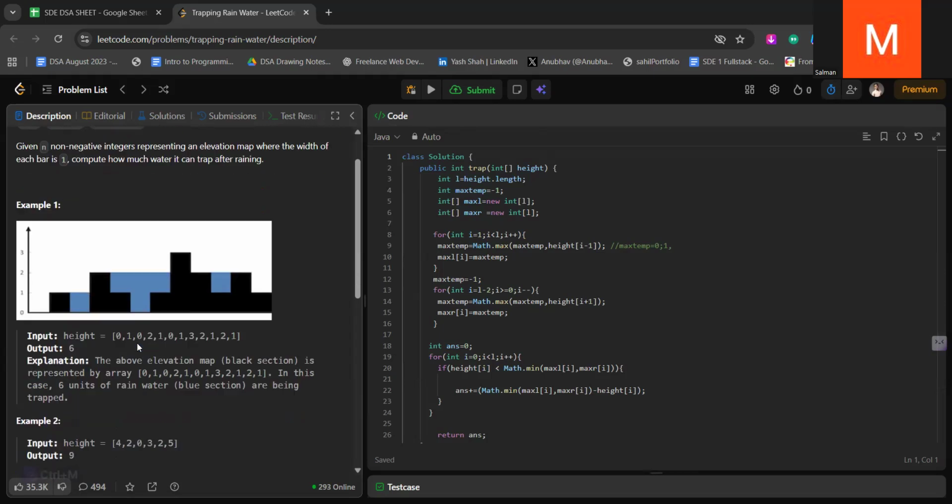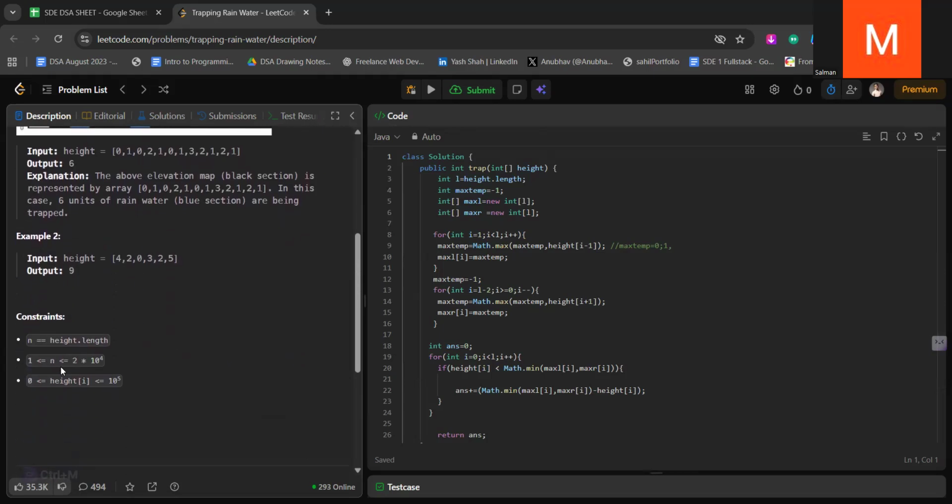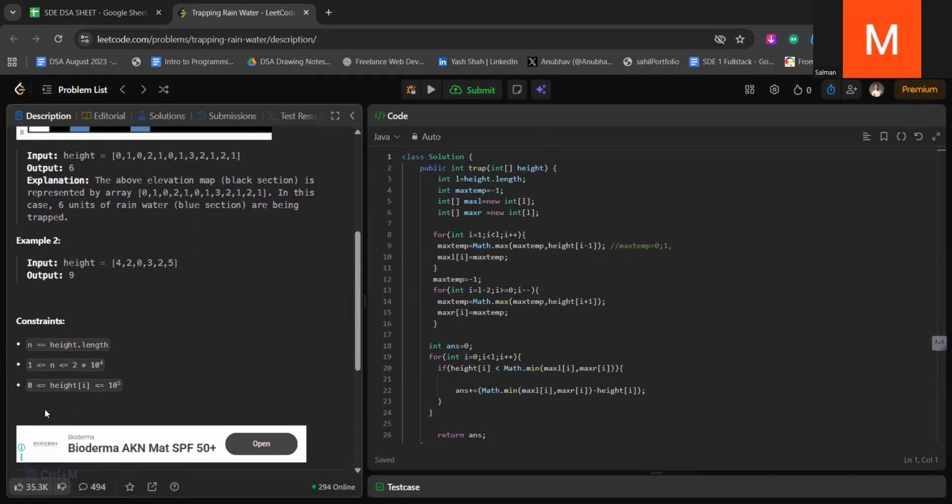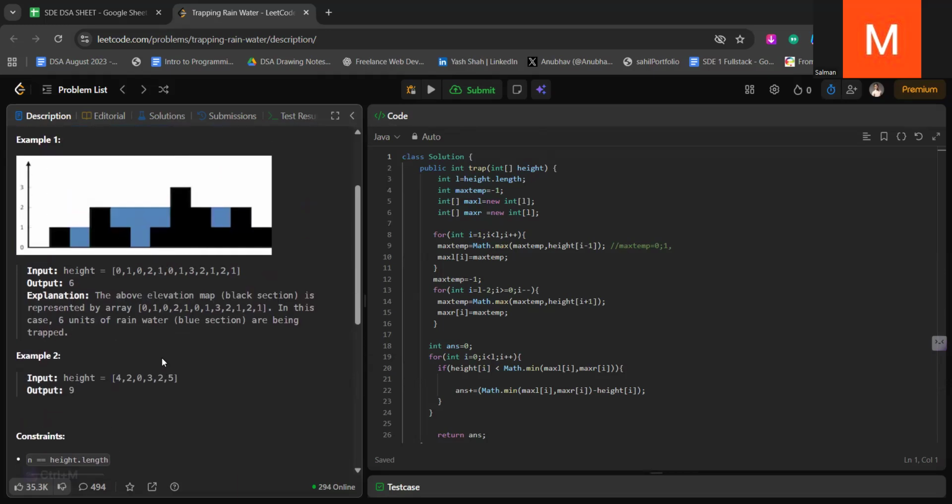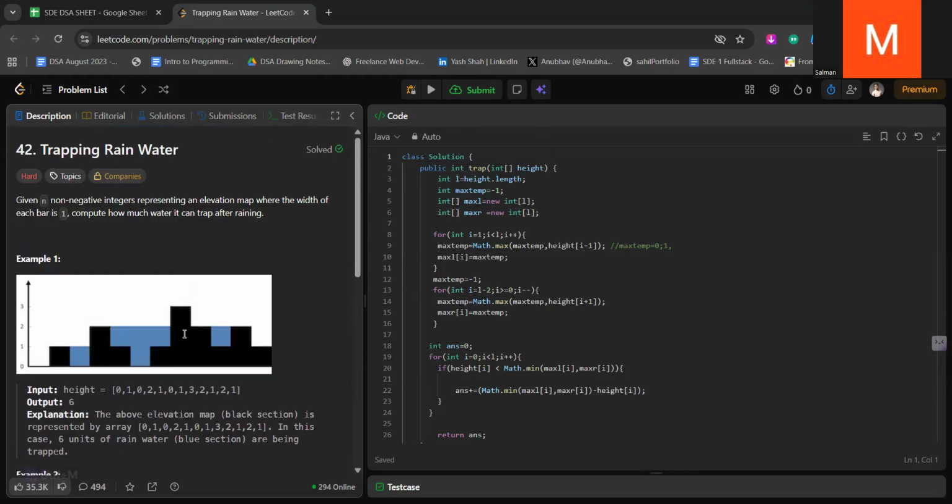Let's see the constraints of this question. The constraints are like that. The array will contain minimum 0, maximum could be 10 to the power 5. So one thing which we can conclude is that O of n square time complexity would not work here, right? And now, we are given non-negative integers representing an elevation map